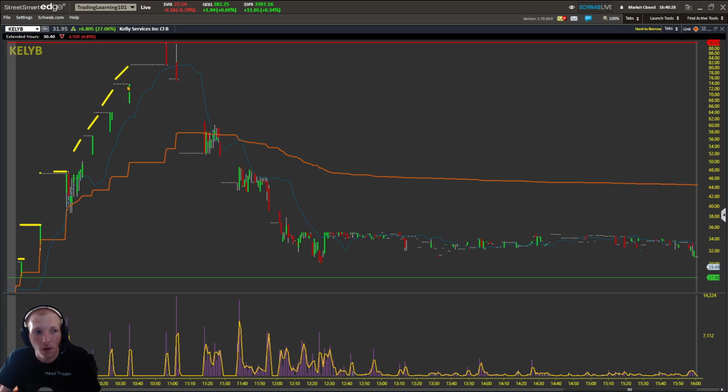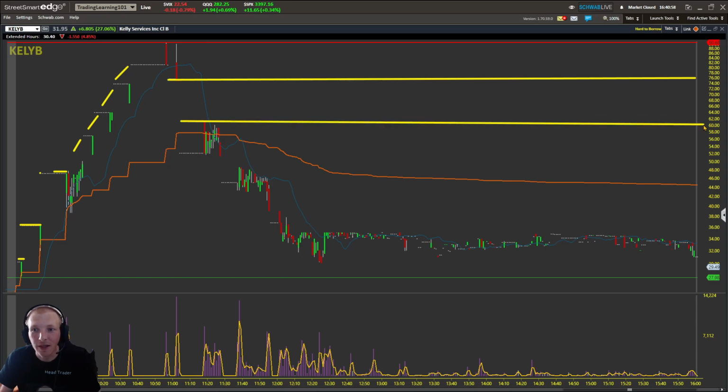The stock gets halted here at $70, gaps up to $90, and then slams down to $74 and gets halted. Reopens, gets a quick spike, slams down. This is the scary part right here. The stock got halted at $76. This reopened at $60 and slammed right back down into a halt at $50. From $76 slams down to $50.